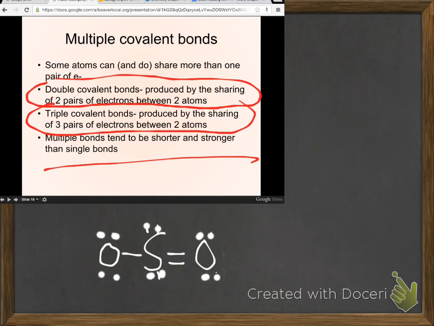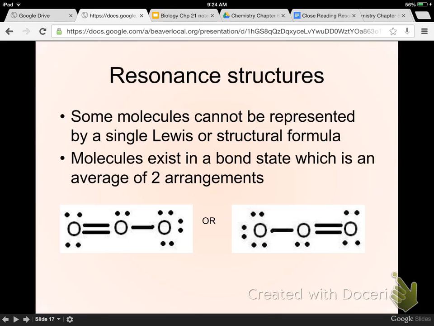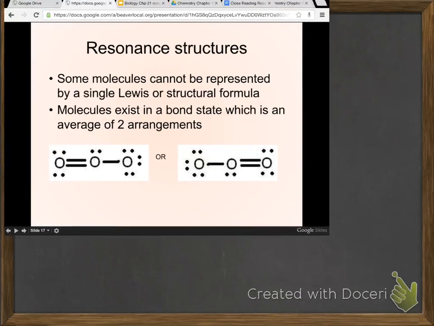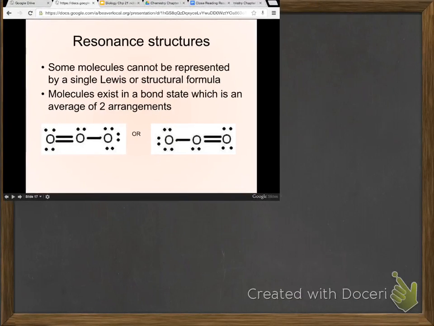Well, the next question is, why there? So we have lots of substances that have double bonds or triple bonds that could exist in more than one location. Could that bond exist in more than one location? Yeah, you bet. As was so aptly pointed out by one of your fellows, well, why isn't it over there? That gets us to our next point, which is what are called resonance structures. So a resonance structure